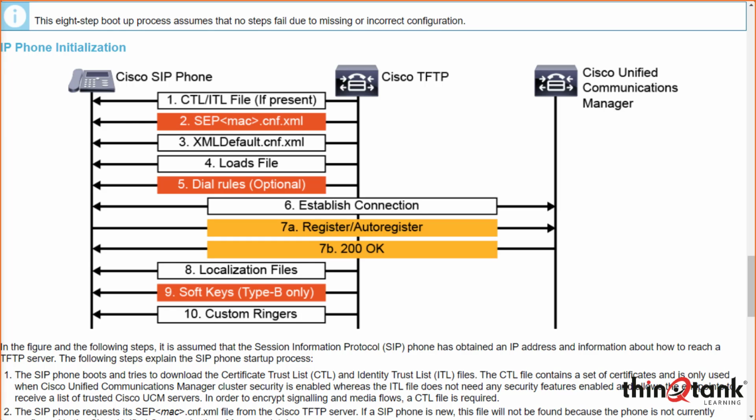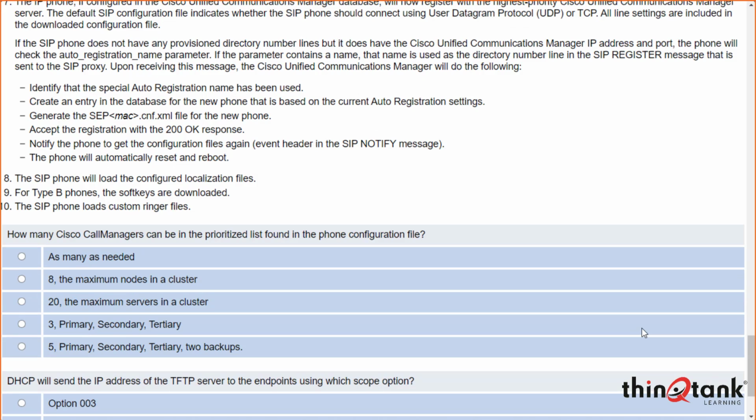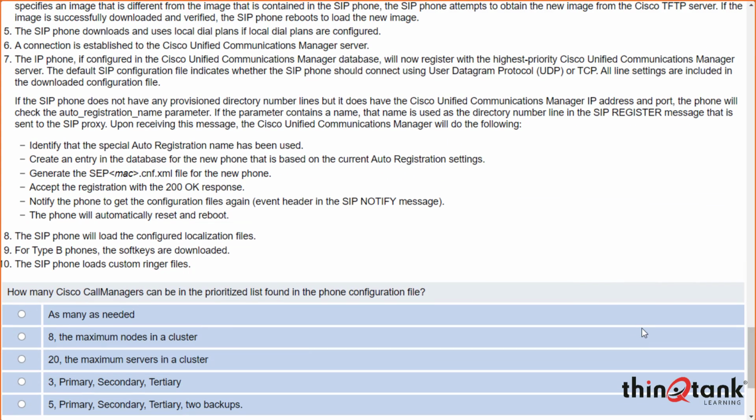All right. Let's see. They mentioned a couple of other things here. Let me just scroll down. I kind of summarized most of this process already, but they mentioned if the SIP phone does not have a provisioned directory number, we talked about the auto registration process. Let me see here. If the parameter does contain an auto registration name, that name is used as the directory number